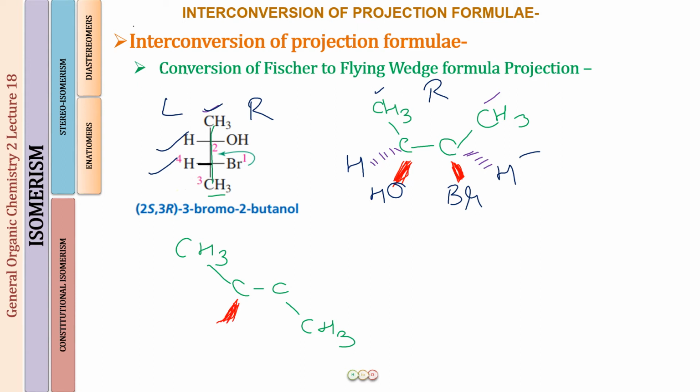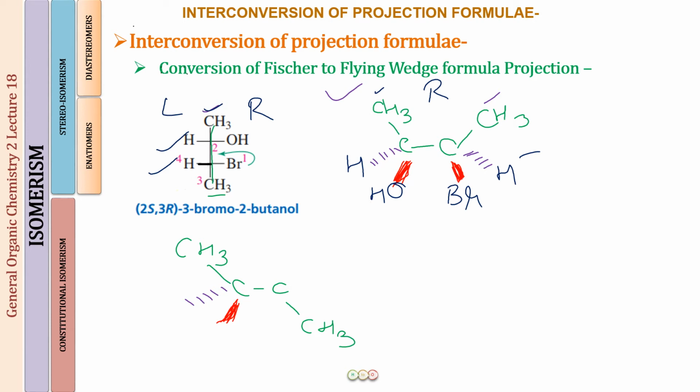So I have done this, and because this was C2, this is going to remain the same. What is the difference between these two things? First of all, if you watched my previous lecture, you understand that this is the eclipsed conformation for the molecule. We have free rotation possible about the sigma bond. So C2 and C3, which are joined to each other by a sigma bond, free rotation about that is possible.